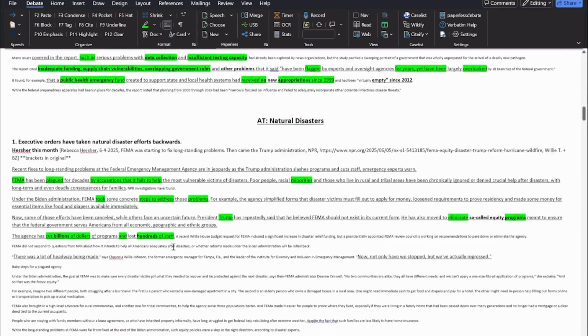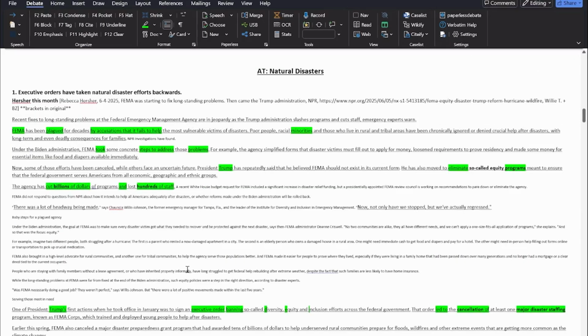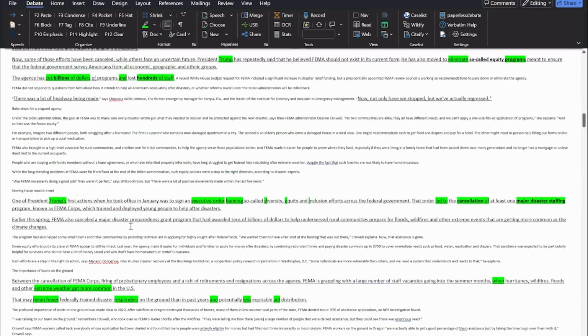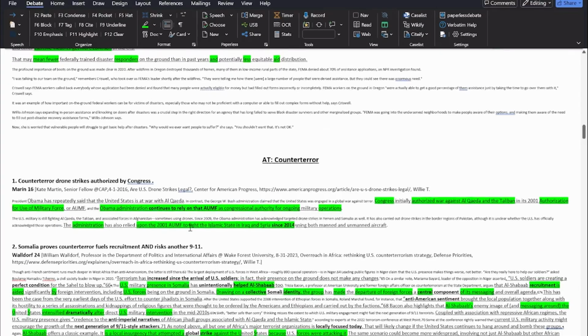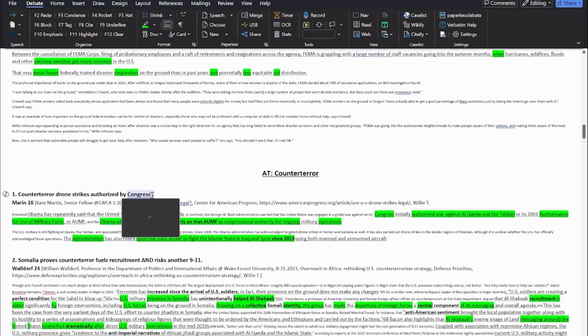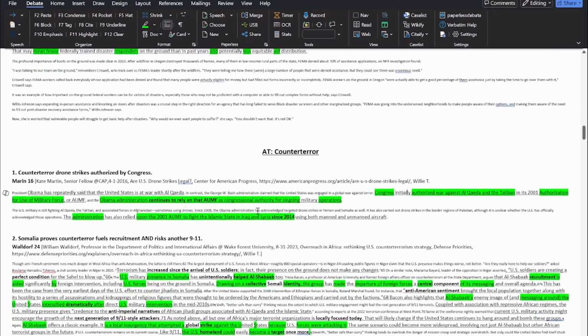For natural disasters, it's largely the same. This Herscher evidence is about the current administration hurting disaster relief efforts. This is about counterterror. This Marin evidence is again back to that alt cause idea, which is that there's other things that were passed, for example, in this case by Congress, that allow the president to do these things